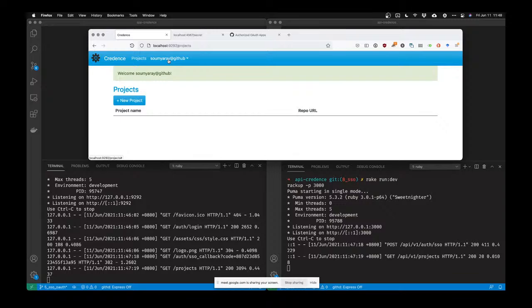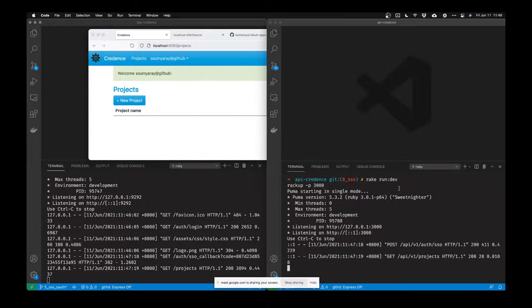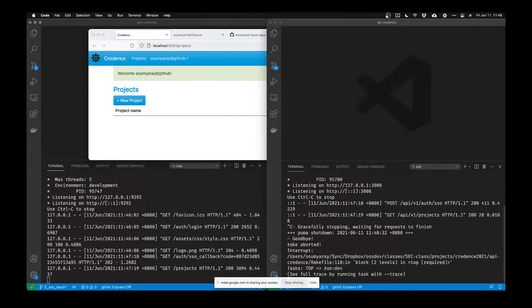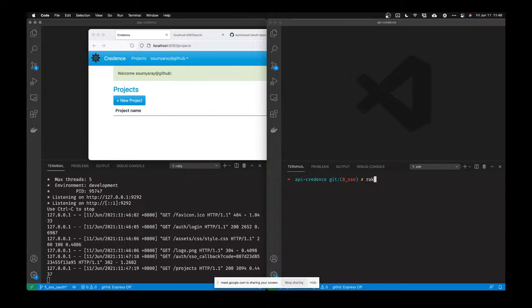So you'll notice my username now is soumyaray@github, because I've set up my system so that the way it works is it just creates an @GitHub. You don't have to do that, but I did that so you can see right here that it's a GitHub username, okay? So if I go into Rake console of my API,